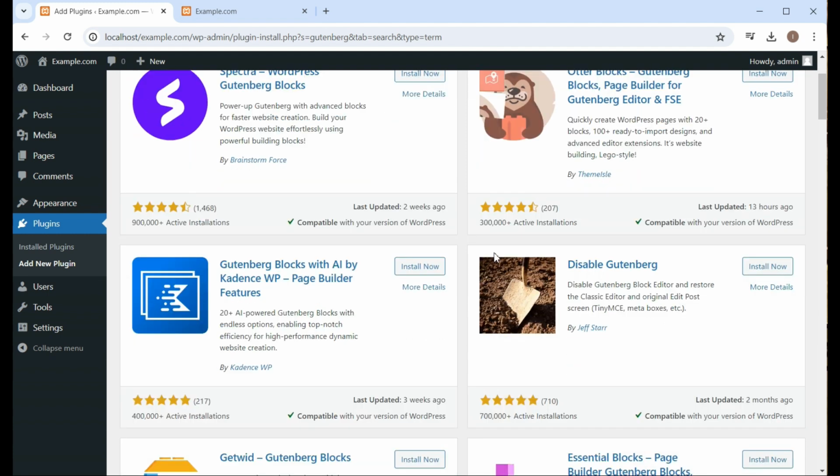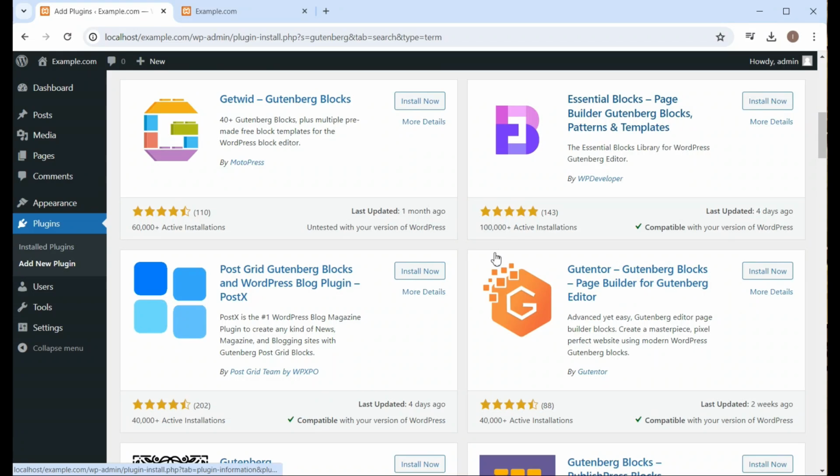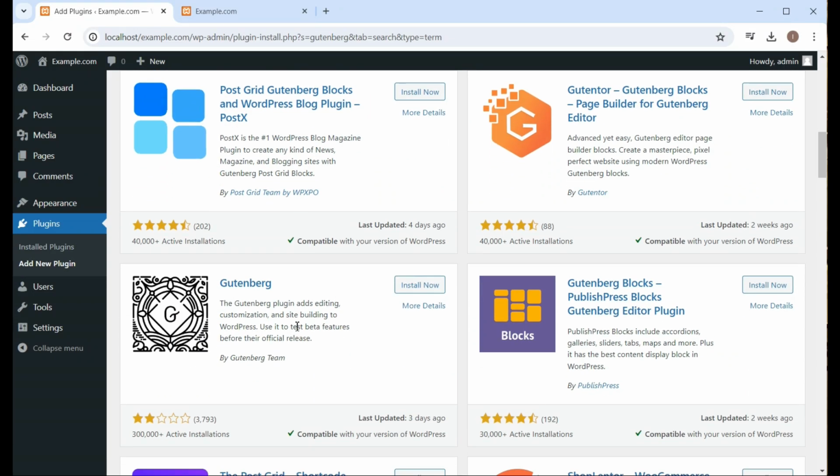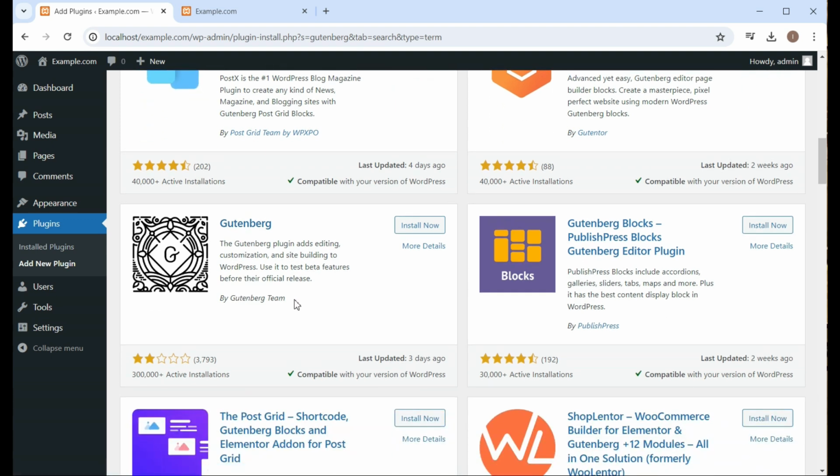In fact, you will find one, that is Gutenberg, this one. But you don't need to install this or any other Gutenberg plugin. Gutenberg is inbuilt into WordPress. If you install WordPress 5 or later, Gutenberg is already a part of it.